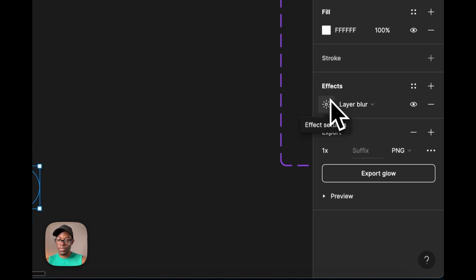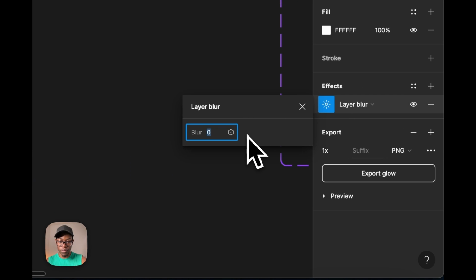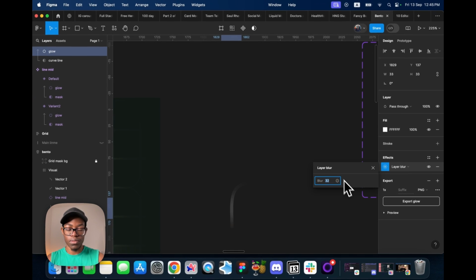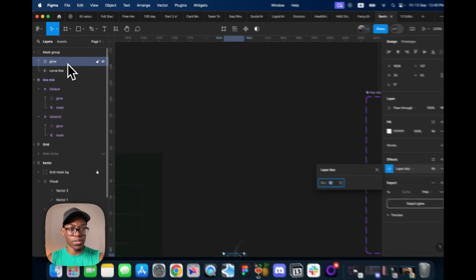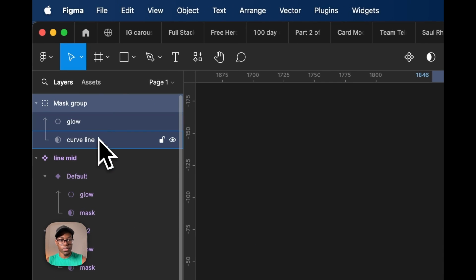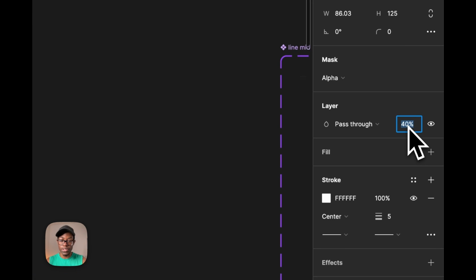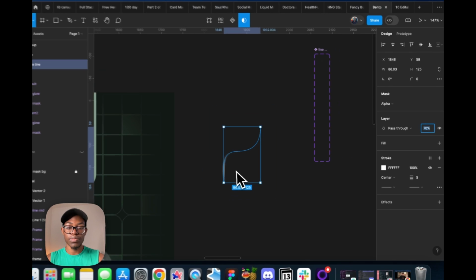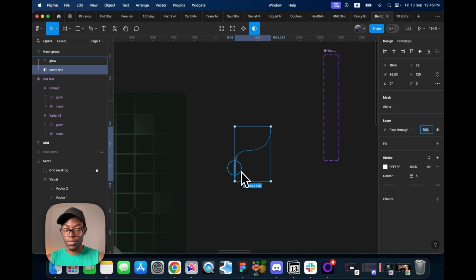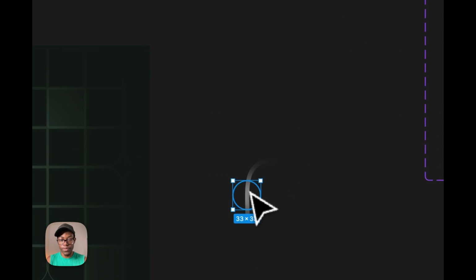Why is it not bright? Is it the layer blur? I'm really surprised it's not bright. Mask group, curve line. Oh, yeah, curve line. Oh yeah, so the pass through of this thing is... Oh, I see. The pass is the pass through. So if you put the pass through of the mask, but the mask actually... So I was wondering why it was not bright. You can adjust that if you want to. For now we can leave this the way it is, and you can just return this thing back